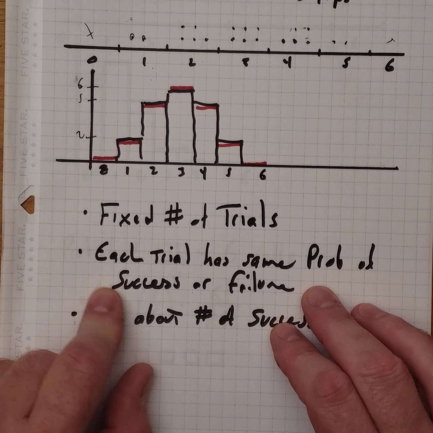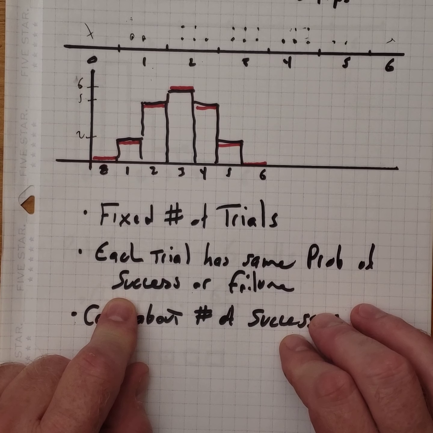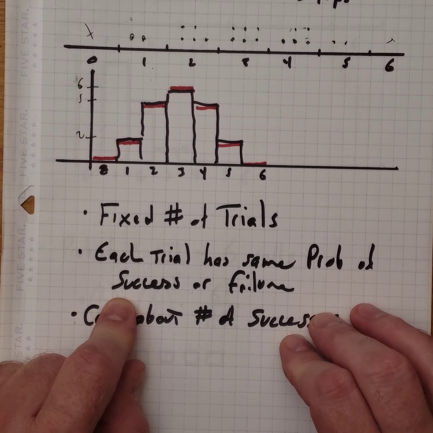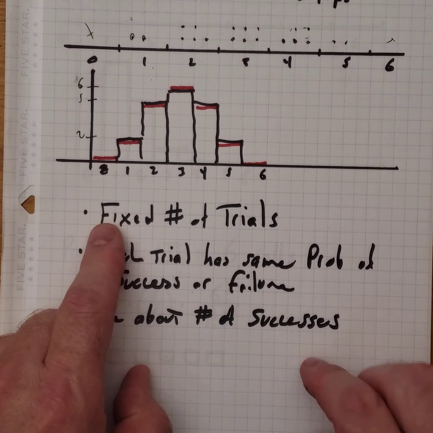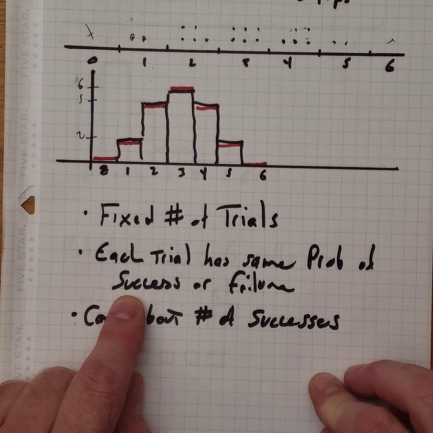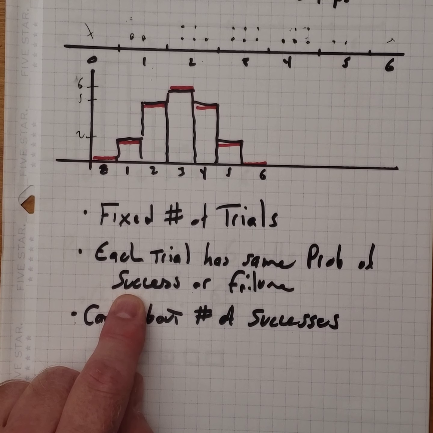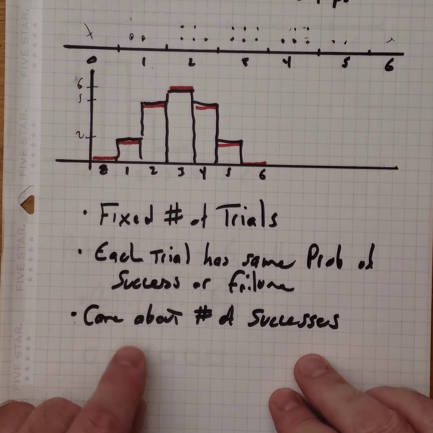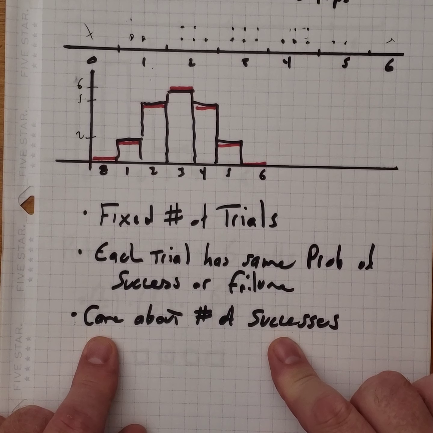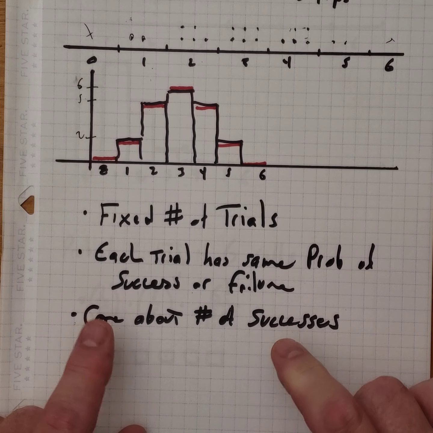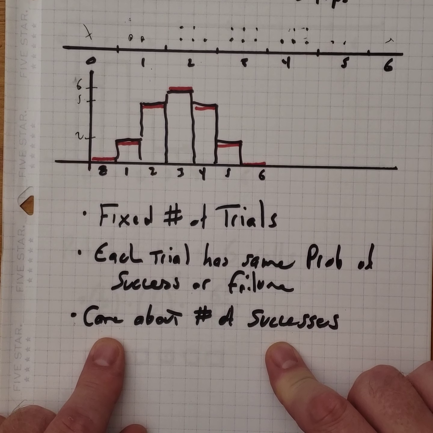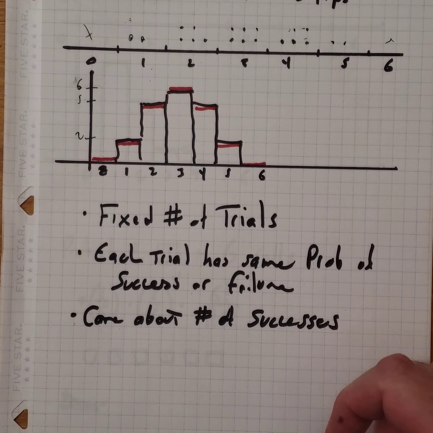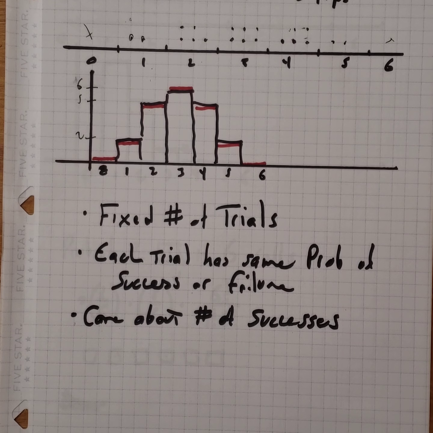Each trial has the same probability of success or failure. That's the same as we did in the geometric, right? Geometric, the probability of success or failure never changed. But here we're starting with a fixed number of trials, and we're dealing with the same probability of success each time, and those are still called Bernoulli trials. And I still haven't looked up his first name, but I believe he's still Swiss. And we care about the number of successes out of our fixed number of trials. So not how many trials does it take to flip a head, but how many successes did we get